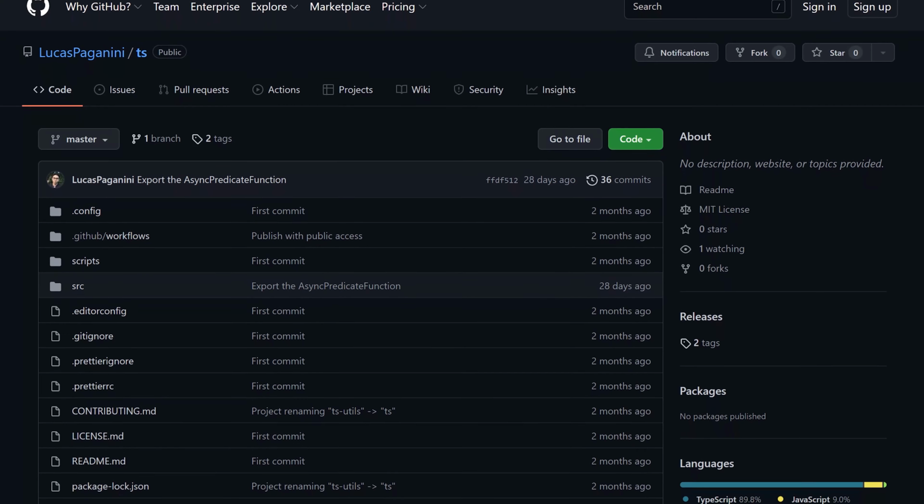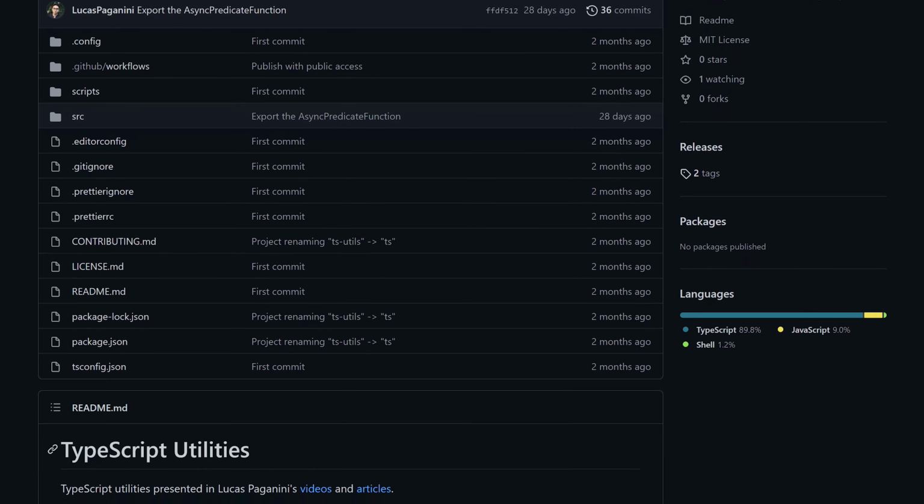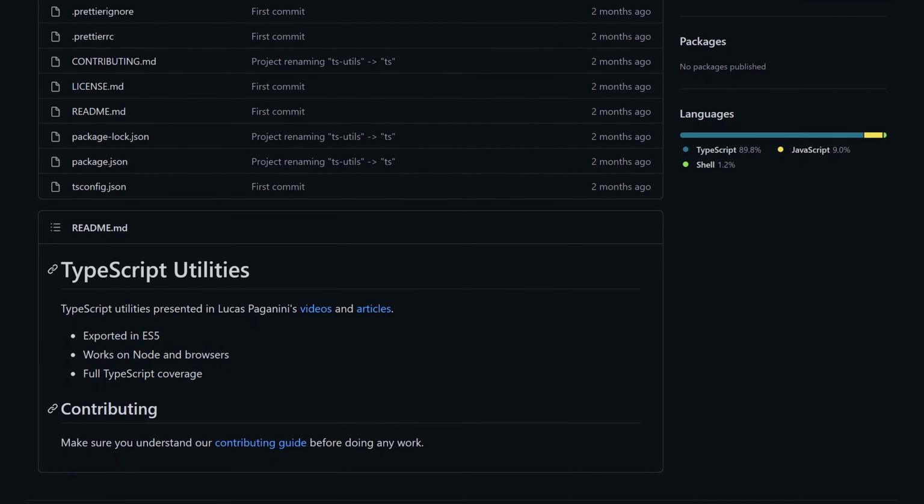Today, I'll show you an open-sourced library that I wrote using the same techniques discussed in our previous videos. This library is by no means rigid to anyone's workflow. On the contrary, I made it with the intention of it being valuable to anyone working on a TypeScript codebase.